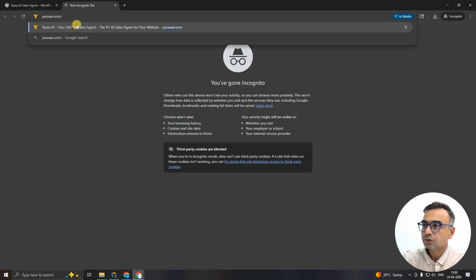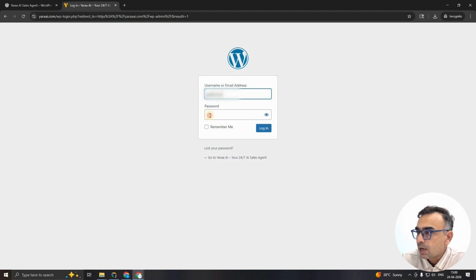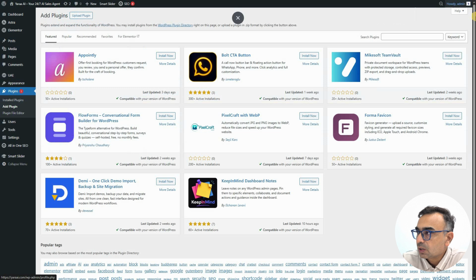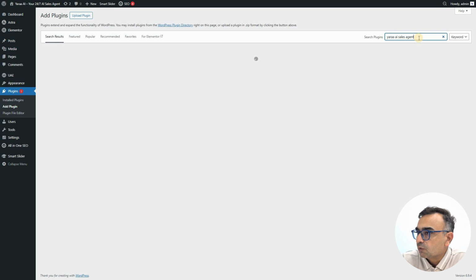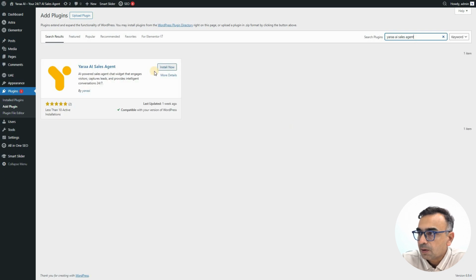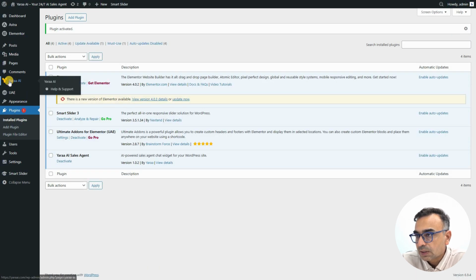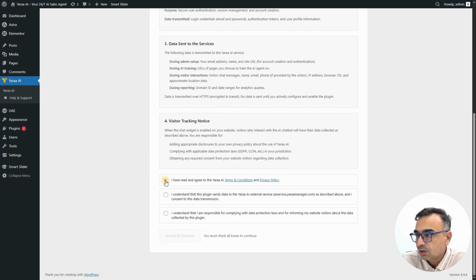So you need to go to your own website, log into WP admin, and once you are there, after login, go to plugins, search for Yaraa AI Sales Agent in the search plugin area, and you will have the Yaraa coming up. Then click on Install Now button, and there you go. It's installed for you. Just activate it, and then let's find the Yaraa from the left menu and accept